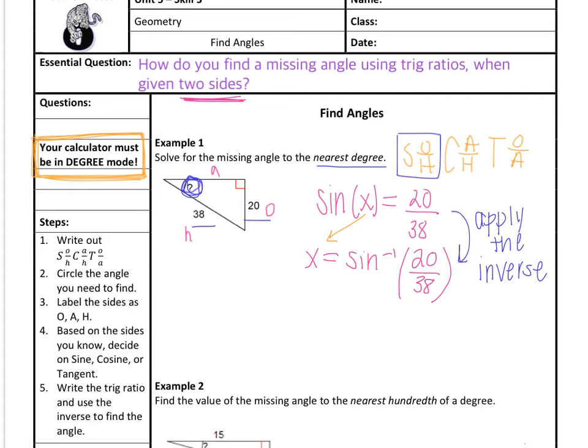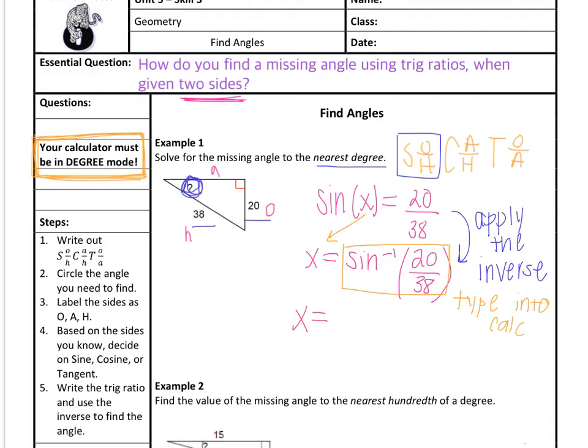So the opposite of sine is sine inverse. And at this point, you're going to type this into your calculator. Where you find the sine inverse is if you hit that trig button again, notice that across the top row it went sine, cosine, tangent. Bottom row goes sine inverse, cos inverse, tan inverse. So pick sine inverse, then type in your fraction 20 divided by 38, hit enter,